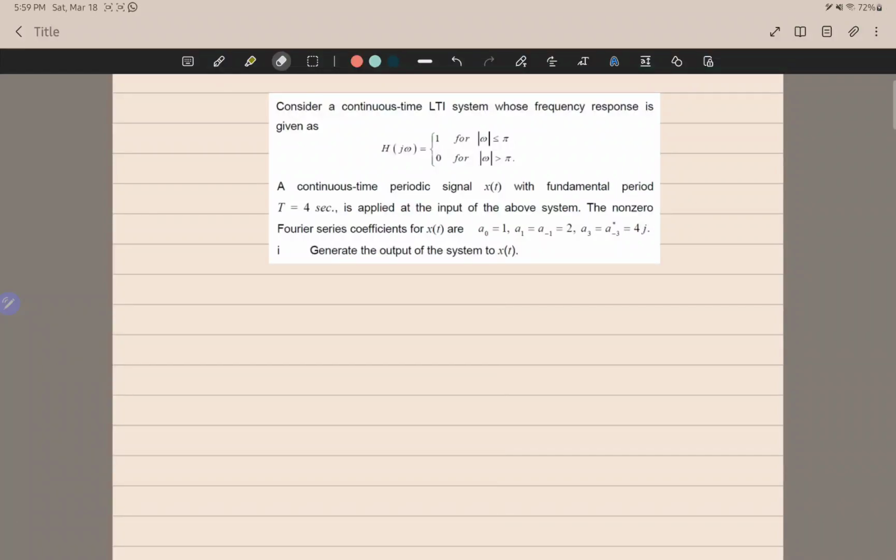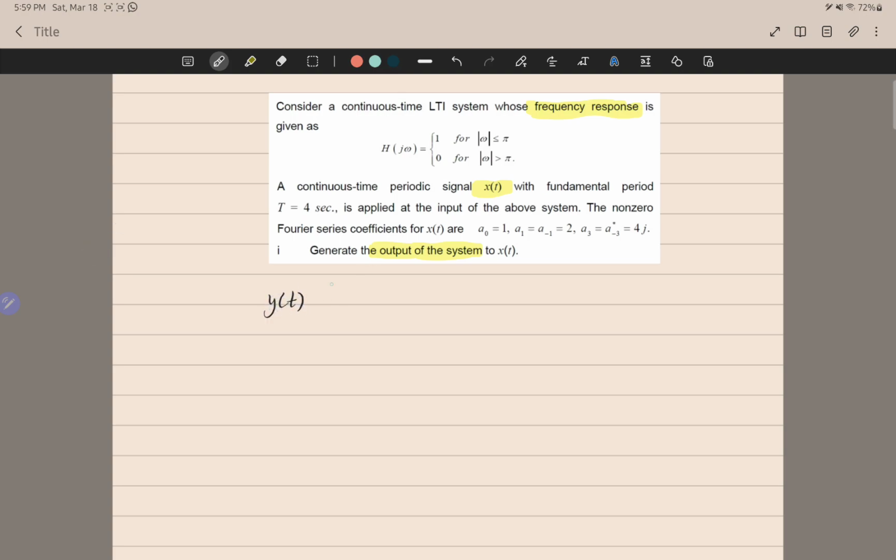Hi, so today we're gonna do this question. Right now what it's asking is what is the output of a system if we give an input, and the question already gave us a frequency response. Usually from, I think, the first or second lecture, what we've found was that y of t,